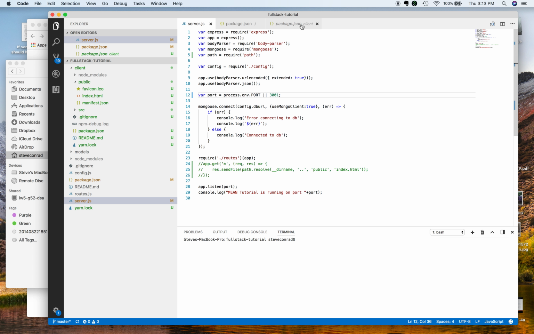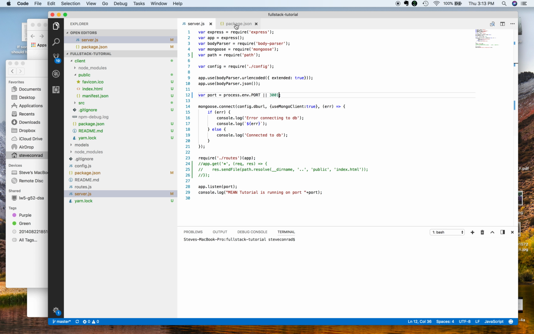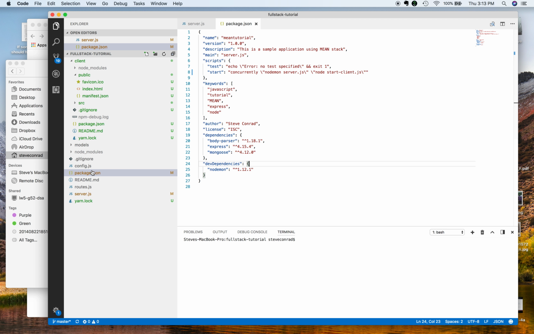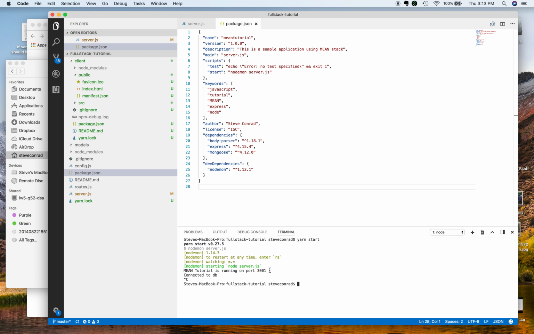The second thing that I need to do is update the package.json for our server. It used to be that when we'd start our server, and I have some code in here that I'd already done, so I'm going to undo that. When we type in yarn start, it would just start the Express server. So if I type in yarn start right now, it just will start the Express server on port 3001 because I changed that. That's fine, but now we also want to start the React client as well, running on port